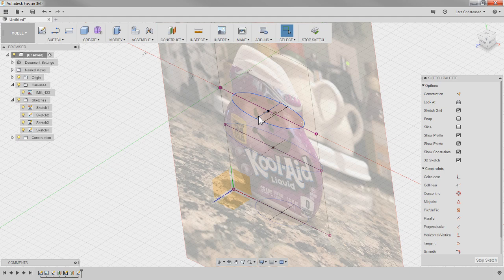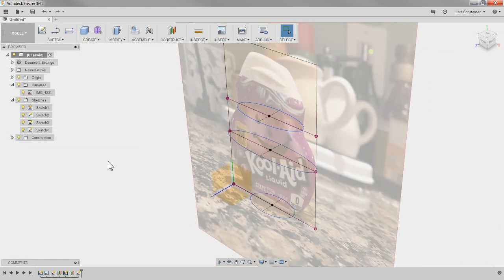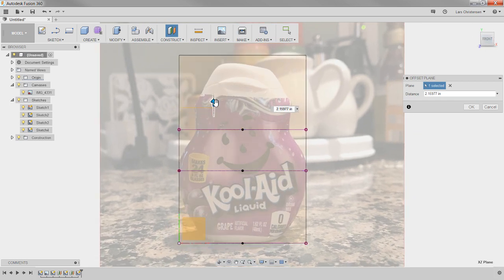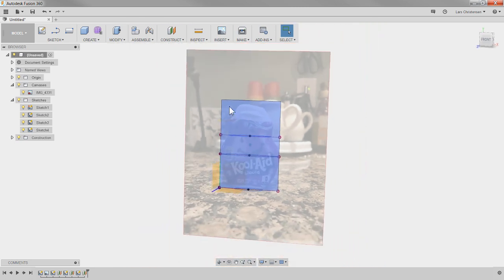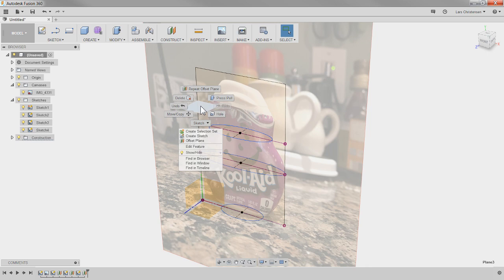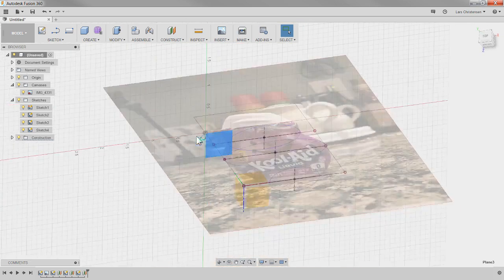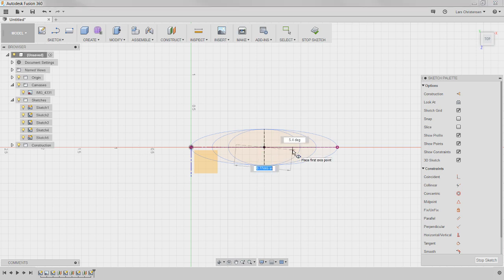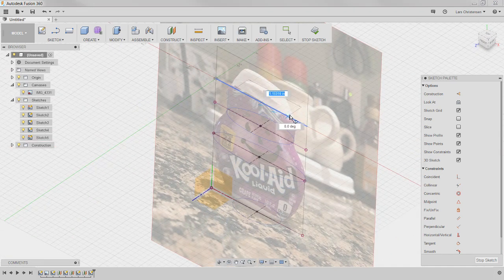And I'm going to make that one 1/2 inch. And let's create one last one just because we're only 8 minutes in here. Offset plane. Let's do one at the top here. Go back to the front. If you were going to make this for real, you probably would be a lot more accurate with the dimensions. But having these images is actually nice to use, at least to rough things in, right? Create another ellipse from there, move it out a little bit,